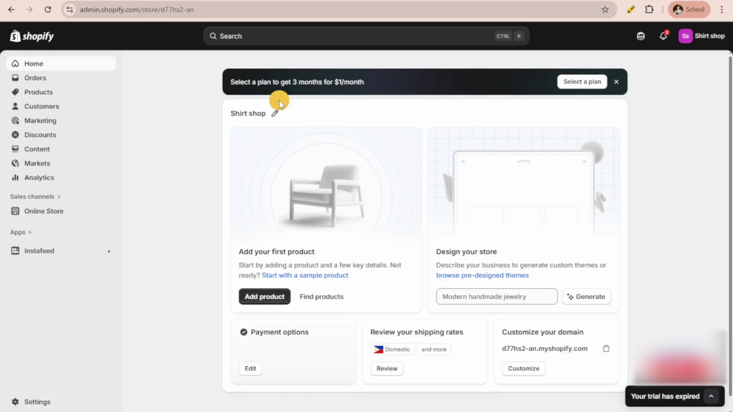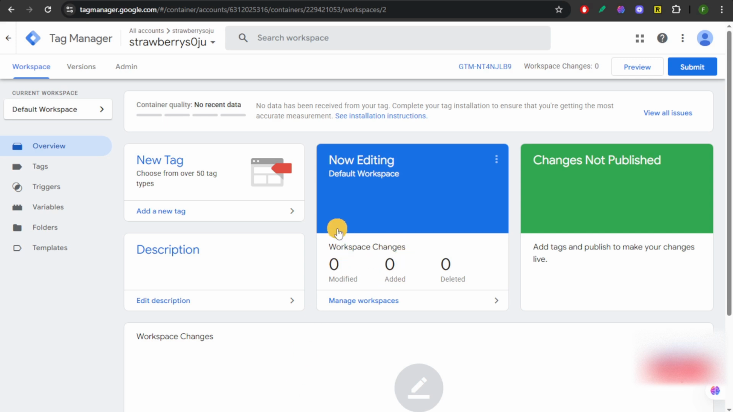If you want to install Google Tag Manager on Shopify, then here's what you're going to do. First, create a Google Tag Manager account at tagmanager.com and then set up a new container for your Shopify store. Now, once created, you will be given a container code snippet that you will need to paste into your Shopify